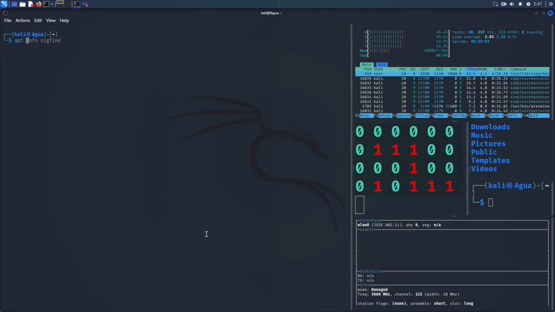Now if I run apt search Mullvad, most likely the Mullvad VPN itself will not show up in the apt repositories. You might get this Python 3 Mullvad API wrapper for the Mullvad API, but that is not the VPN app. So to do this, we are going to ultimately be using the instructions for installing the app without the